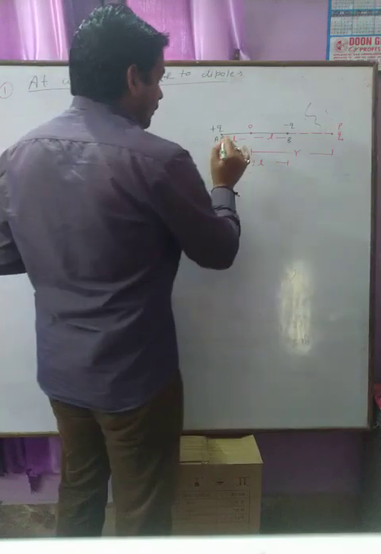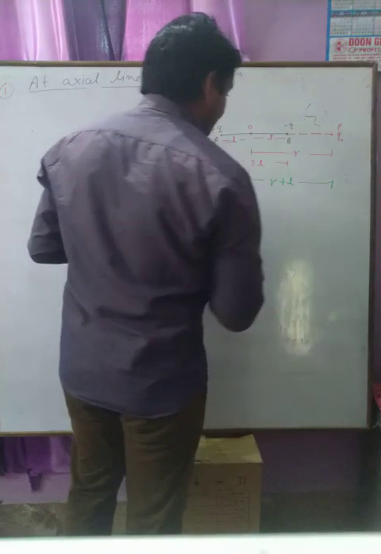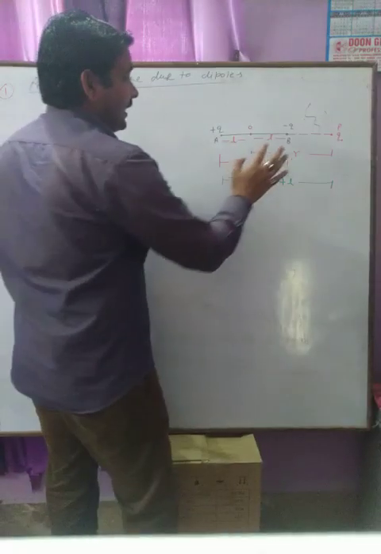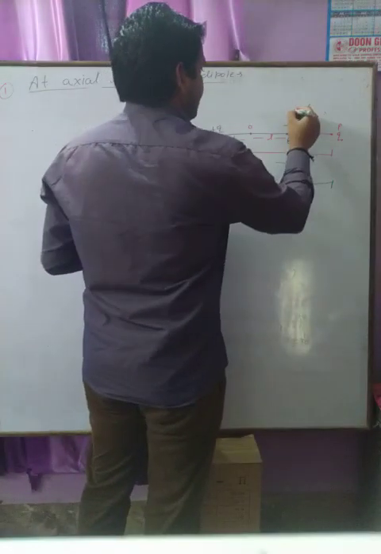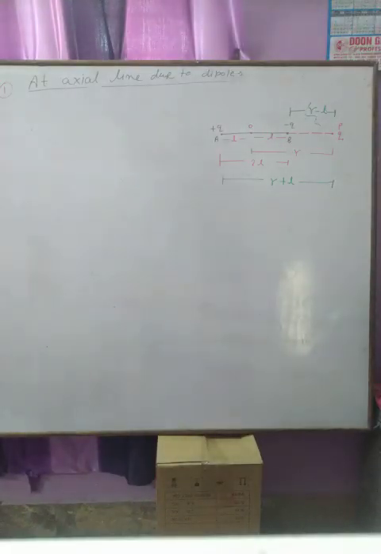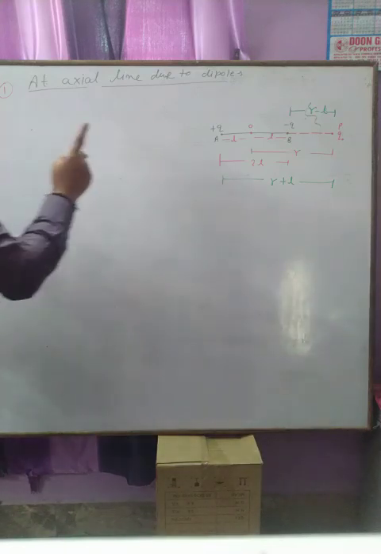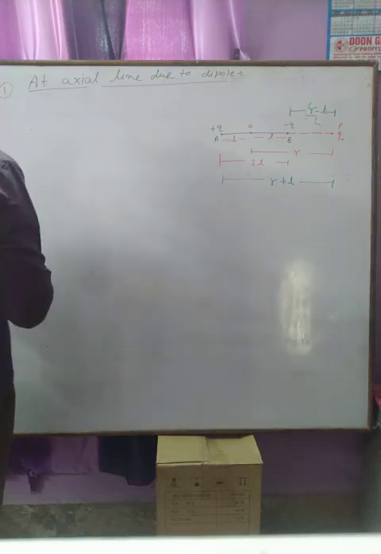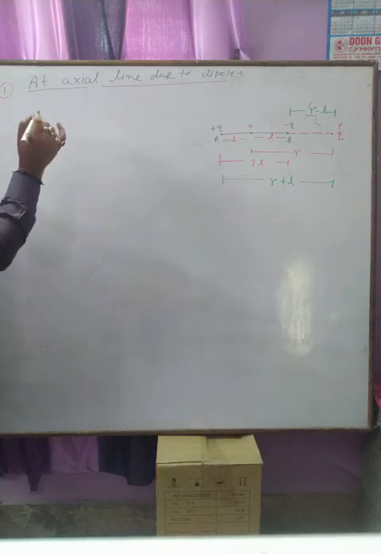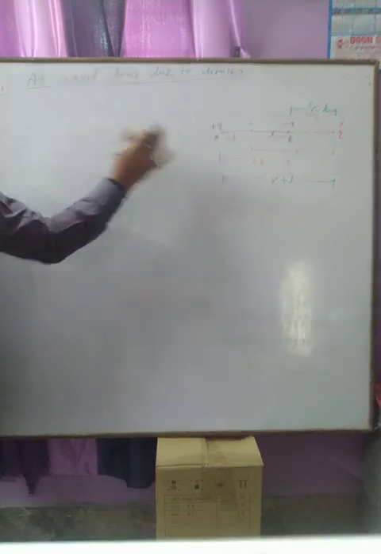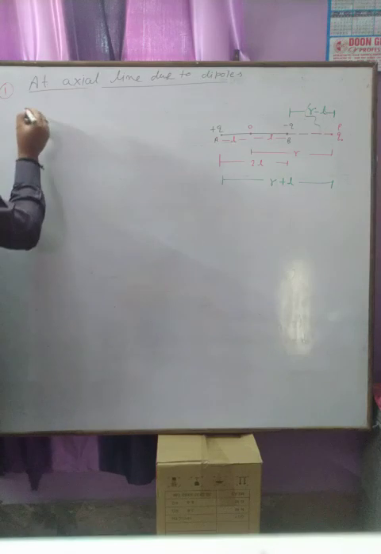So the distance from A to P is R plus L, and the distance from B to P is R minus L. It is clear student? So first we are going to understand about